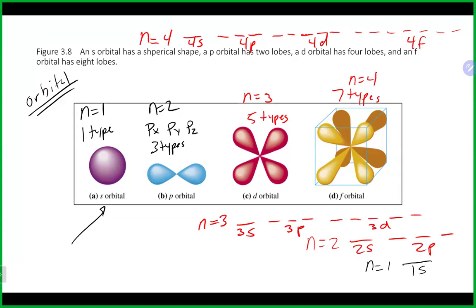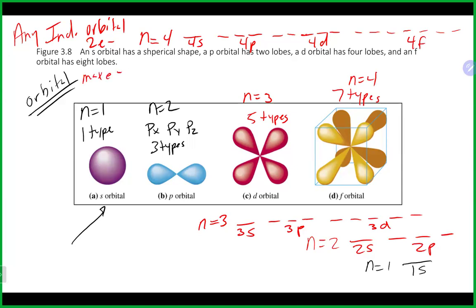Now, why is this important? How many of each of these things? Any individual orbital that you have can only hold 2 electrons maximum. Doesn't mean they have to hold 2 electrons, but they can only hold a maximum of 2 electrons. That would mean that if I filled up